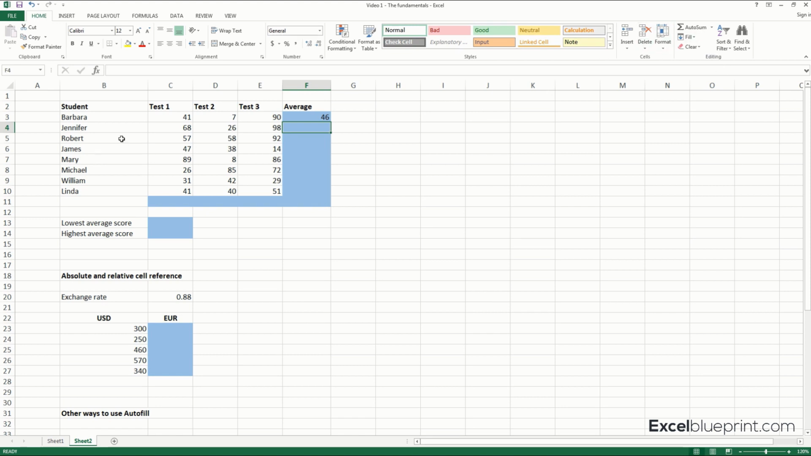I want to do the same thing for Jennifer, Robert, James, all the way down to Linda, but I don't want to have to repeat that process each time. So how can I use some of Excel's capabilities to make my life easier? Well, first I did it for Barbara. I have to do that. But when I'm done with that, if I want to repeat that same formula for all the rest of the